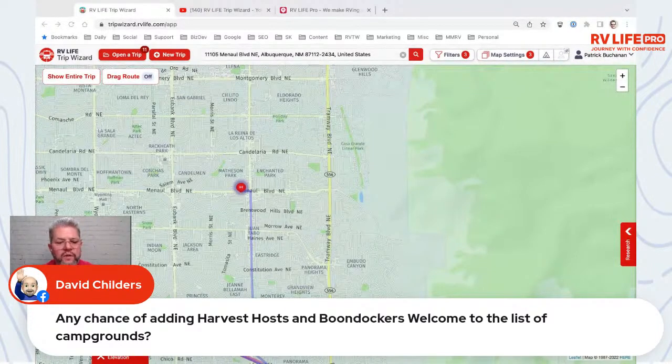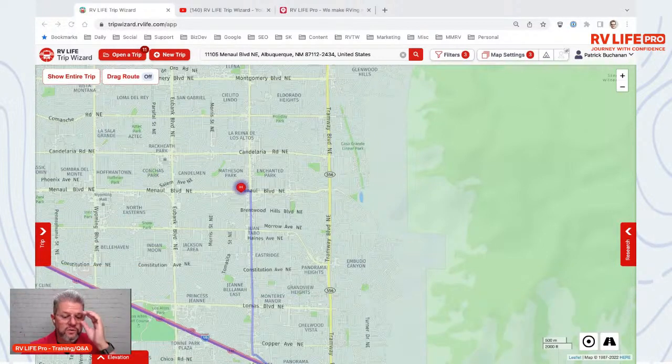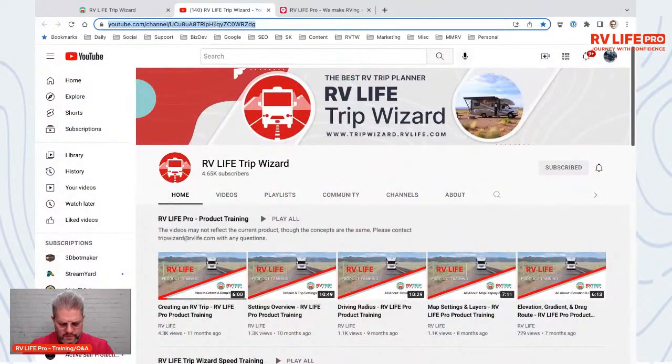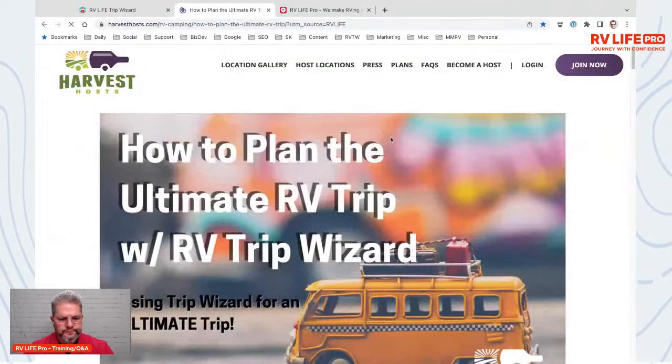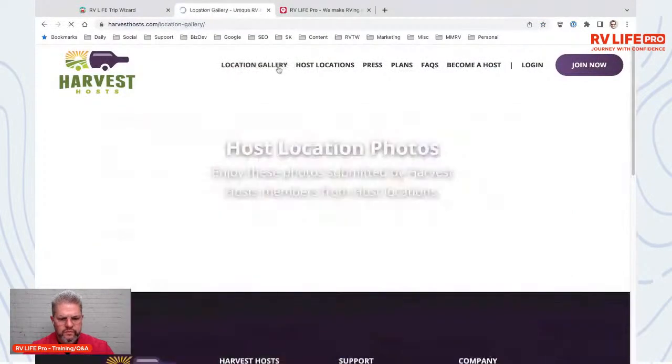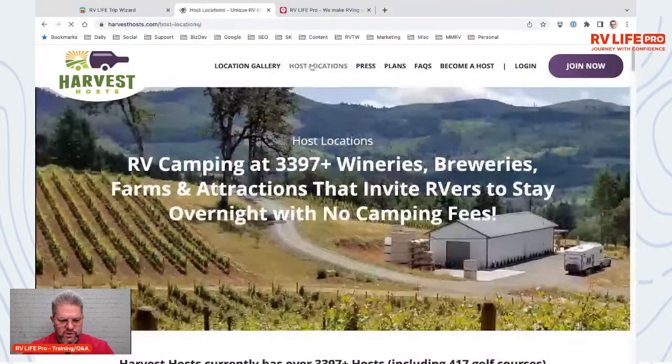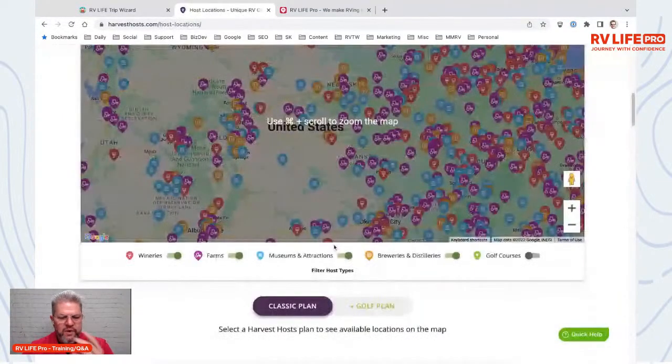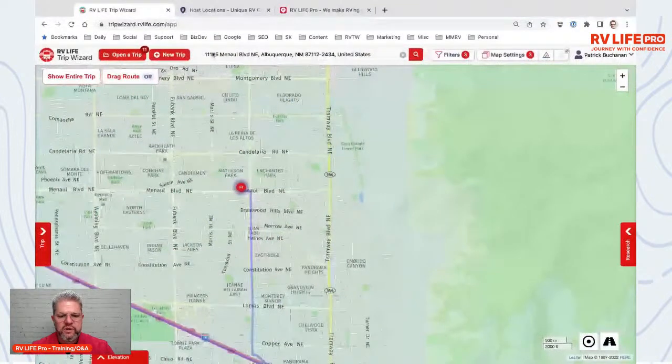We're all in this together. We're all in the RV business. We're all trying to make a living here. And if we just gave you that data, it just wouldn't go well. So we're working with them on trying to make that happen in a way that's mutually beneficial for both of us. Until then, and we've demonstrated this before, all you've got to do is pull up that Harvest Host location and grab that address. Of course, there's not going to be one here, but grab that address, come into TripWizard,